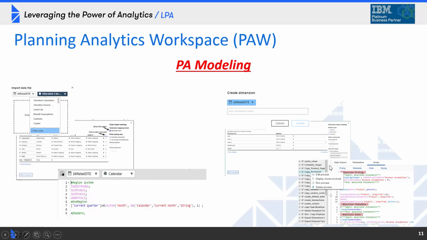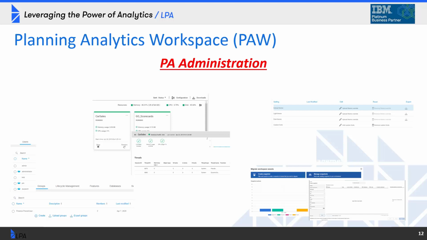It used to be that you could only execute a turbo integrator process through Planning Analytics Workspace. You can now create them, you can now edit them within Workspace itself. Administration, so you've got many different ways that you can